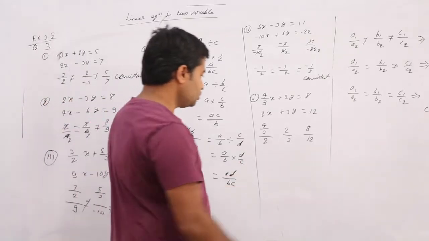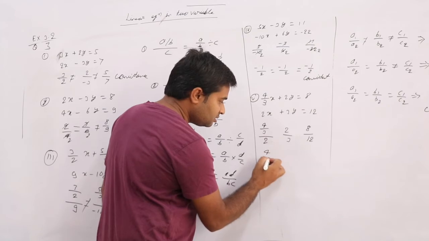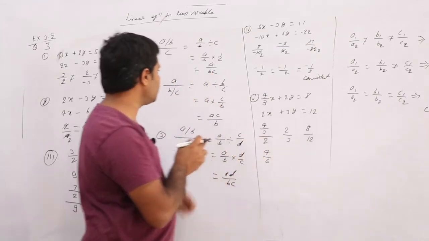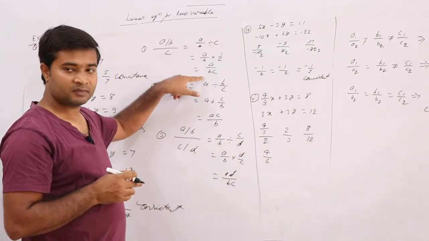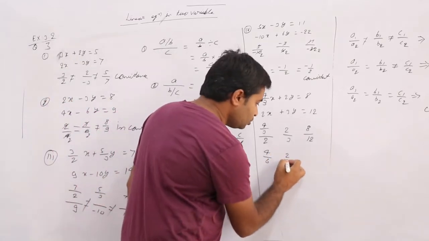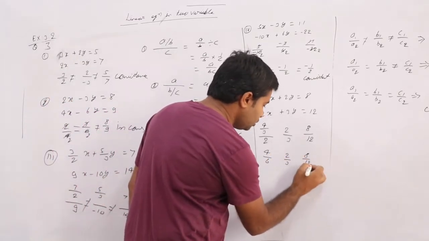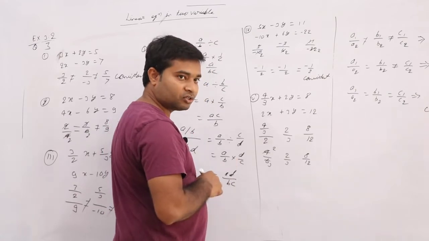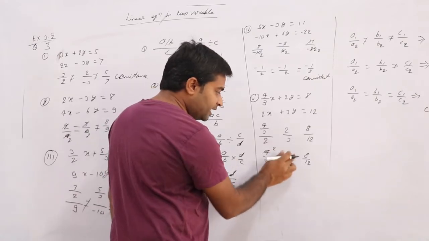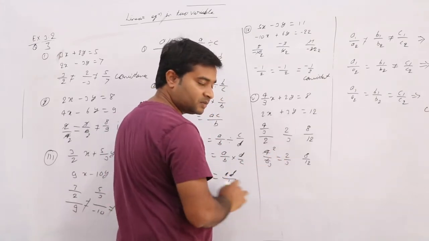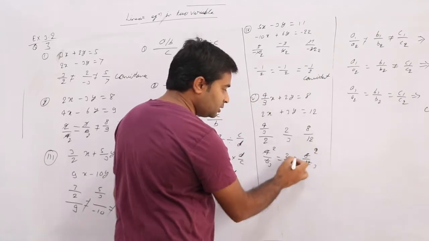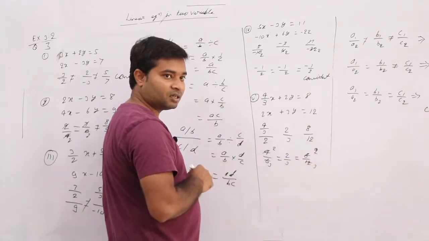Okay, so this is actually 4 by 6. This 2 and 3 will multiply, right? Yes or no? See here. Next, this is also 2 by 3 and this is 8 by 12. Cut it. 2 2s are 4, 2 3s are 6. Yes or no? So 2 by 3 and here also 2 by 3. Both are equal. Check this one. 4 2s are 8 and 4 3s are 12. This is also equal. Yes or no?